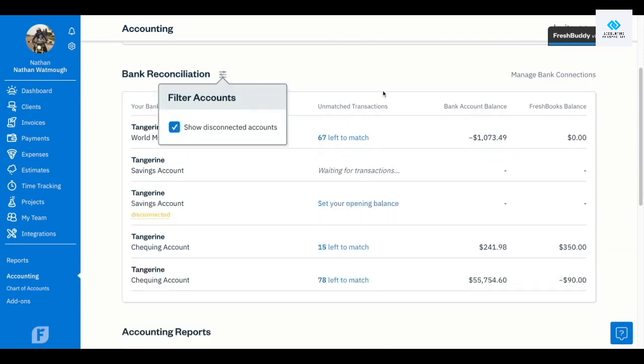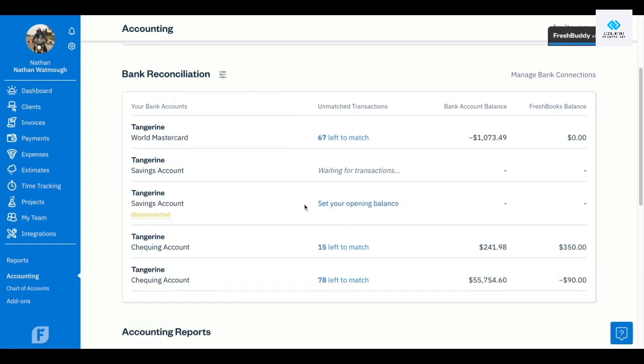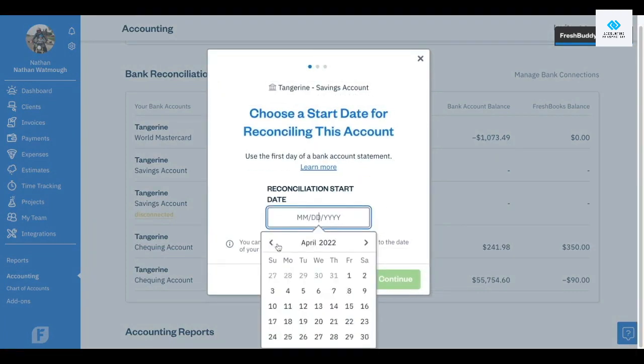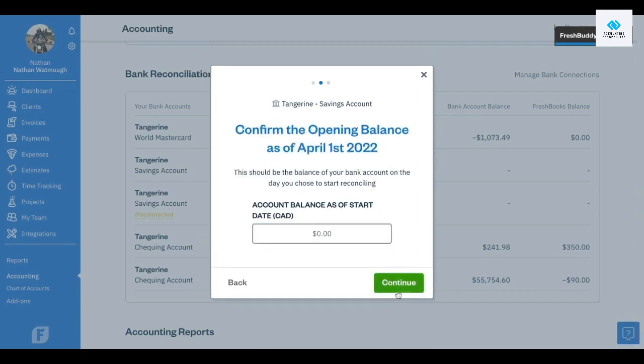Now when you first connect a bank account, you will see this prompt to set your opening balance. Before you can start matching transactions, it's going to ask you to set an opening balance. First, we're going to choose our reconciliation start date. Here we can select the date that we want to start reconciling. I can start as of April 1st, and I will hit continue. Now it is asking for my account balance as of the start date. As of April 1st, what was in my bank account? I will go into my bank statements or into my online banking and look at the amount that was in my bank account